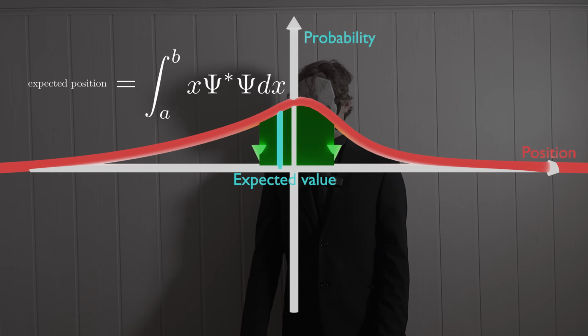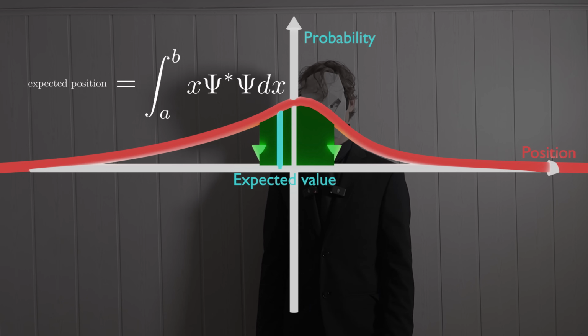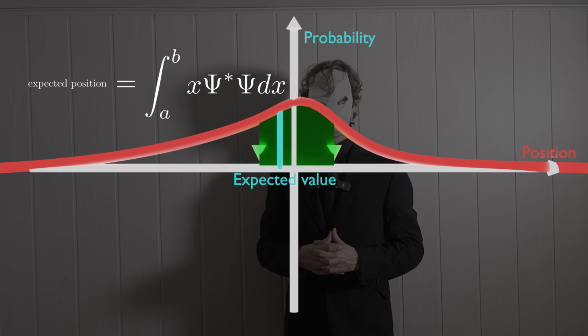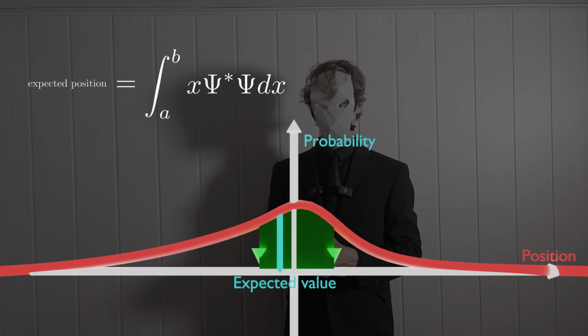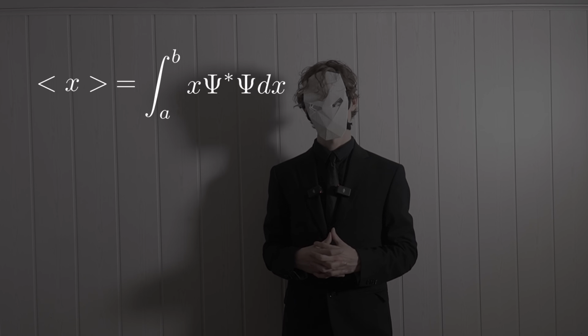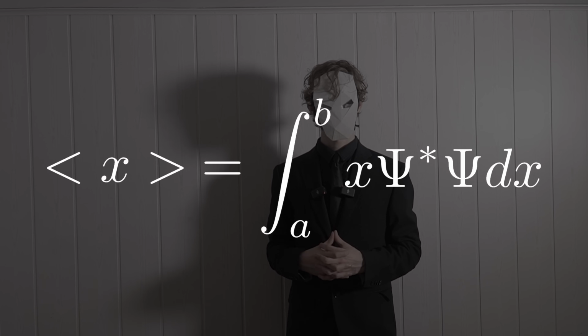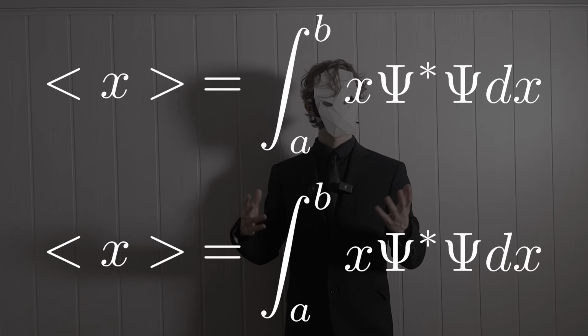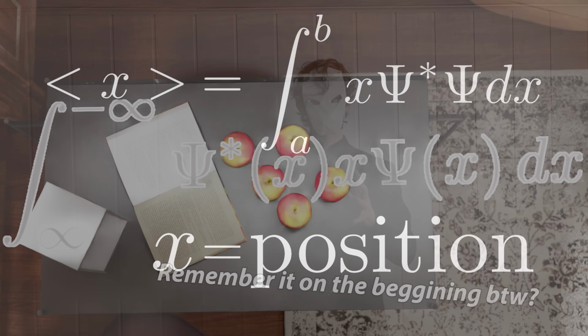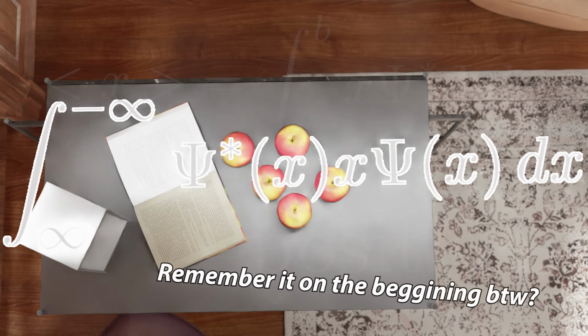Okay? Now here's the thing. I know this is extremely complex. I know this is extremely difficult. I know there's a lot of things going on, a lot of operations, but we already achieved a pretty interesting result. Because what we got is the expected position of the particle, which is the quantum mechanical version of standard position. Yeah, that's the main difference between classical and quantum mechanics.